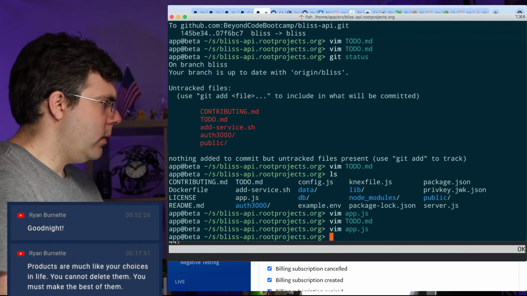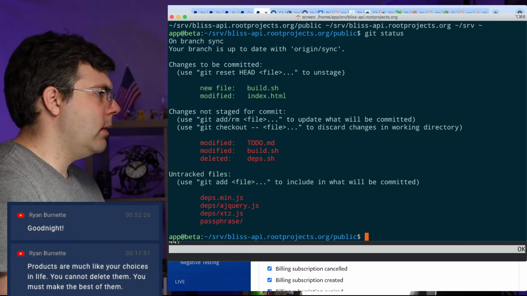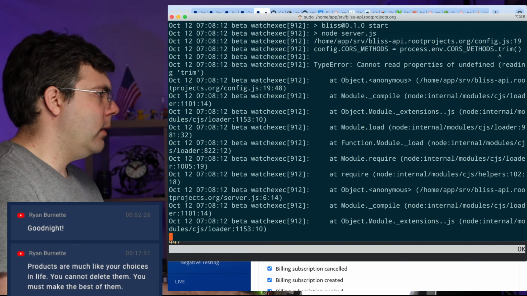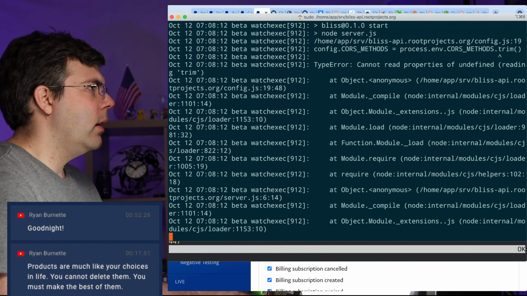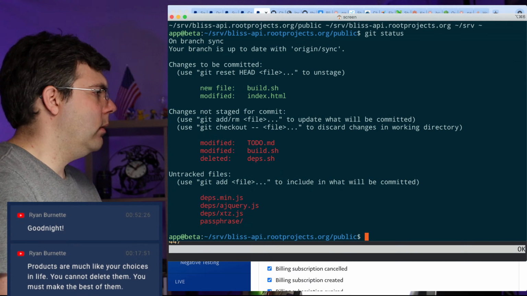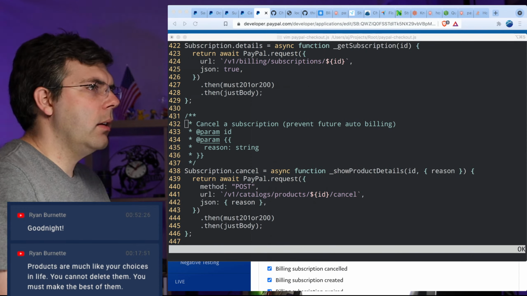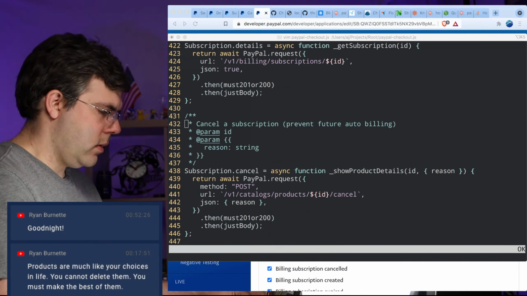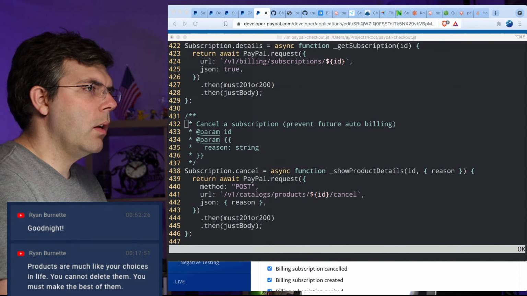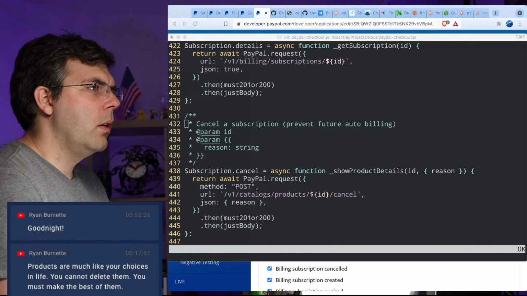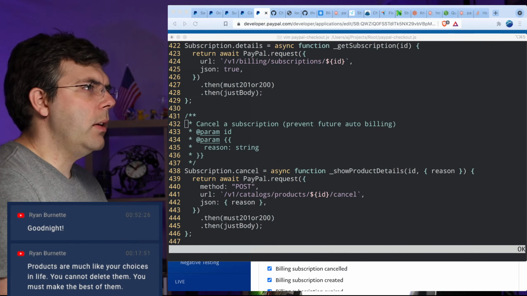All right, so I should be able to, let me connect to the screen if I can. And let's see if I can see where CORS methods are. Might need to bring this over for a sec. Nope, not that one. Yeah, there's some stuff I need to add in here. CORS methods equals GET, POST, PATCH, PUT, DELETE, OPTIONS, I think.